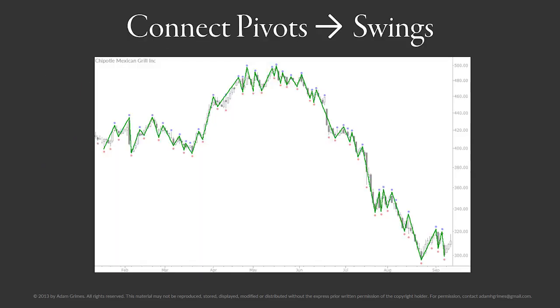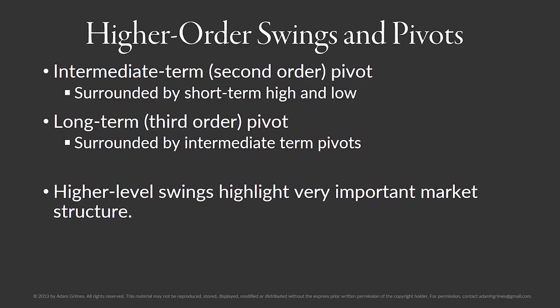You would have figured it out very quickly if you haven't already. It becomes even more important when we start talking about these higher order pivots and swings. So all this concept does, a second order pivot, which we can also call an intermediate term pivot, is a pivot that is surrounded by a previous pivot. So in other words, I'll just use dots here. Let's say this is a pivot high, and this is a pivot high, and this is a pivot high. So because this is an intermediate term, this is a pivot that is surrounded by two lower pivot highs,